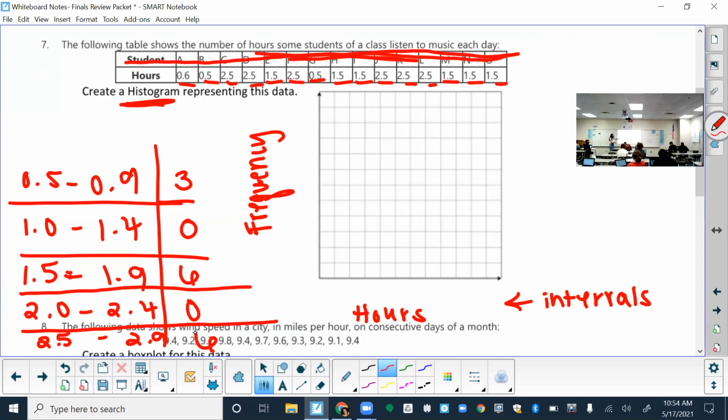All right, maybe the histogram on your screen doesn't look exactly like this, but you should have even intervals, and it should go up to the frequency that it says. So maybe you could combine these two, something like that, and match it to the one that looks like ours.